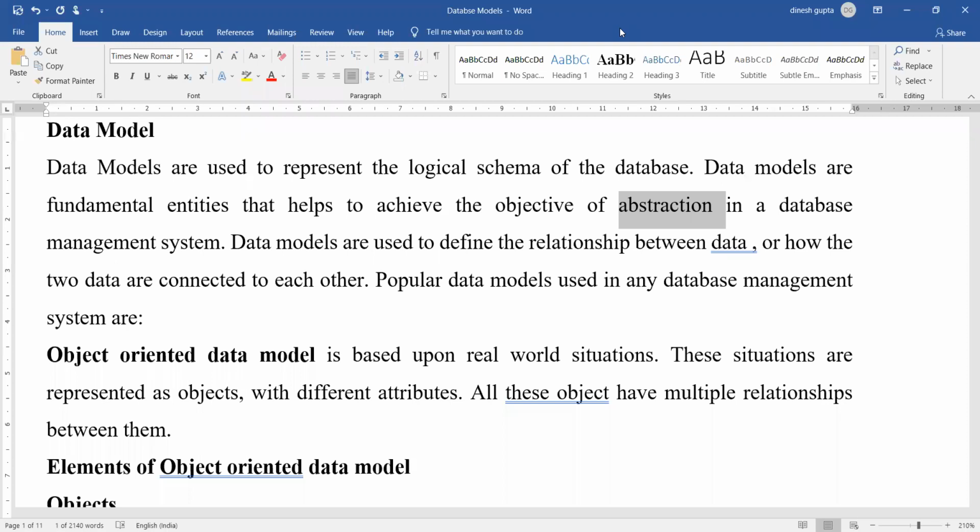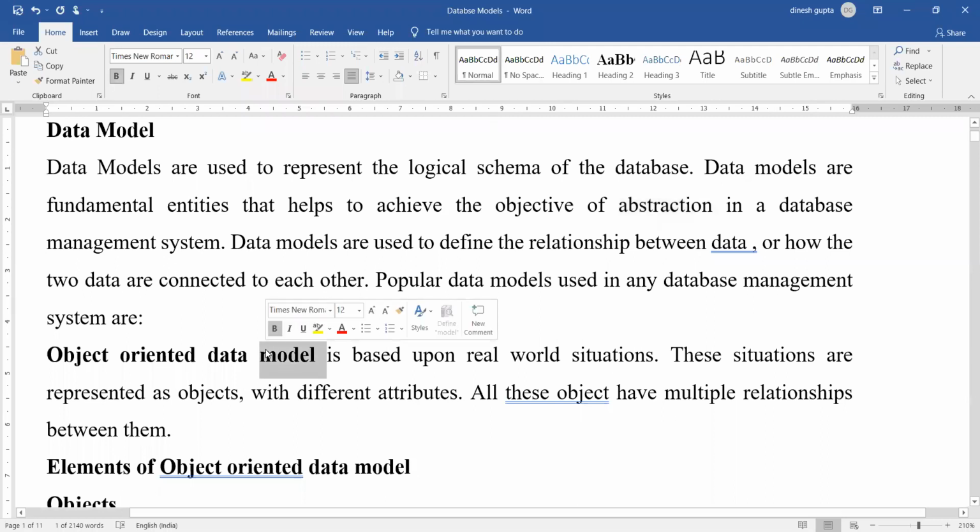Okay, so why are we going to study the data models? To try and understand the different methods or models that we can use to create the conceptual schema. The very first model that we have discussed is called the entity relation model. I don't think there is any need to rediscuss the same. The second one that we are going to study is called the object-oriented data model. You are already aware of the object-oriented concept through the C++ that you have studied in previous semesters. But let us study what the object-oriented data model is.